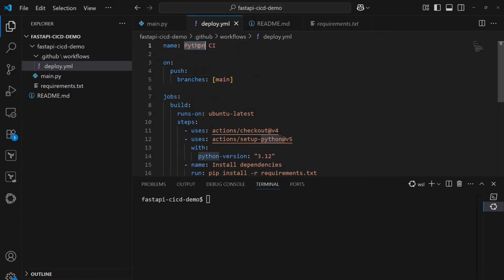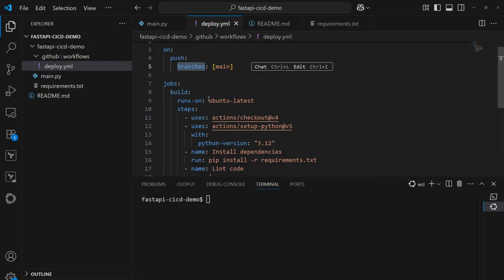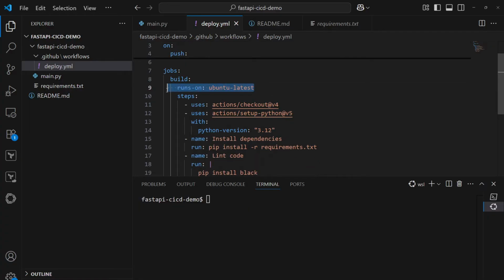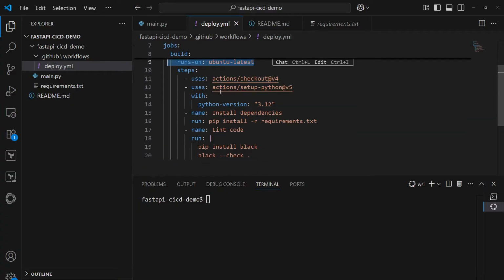First of all, the name of this is Python CI. On every push to the main branch, it will trigger a pipeline for us. It is running on the Ubuntu latest agent machine. It uses actions/checkout at v4. This is a ready-made action which we are using, and this is the second action which we are using